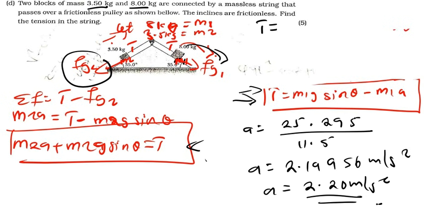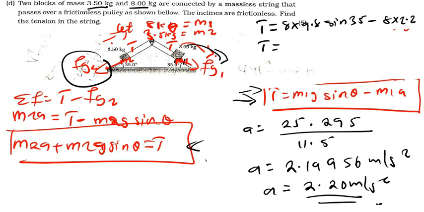Yeah, we have got 8. So it's 8 times g, which is 9.8, times sine 35, minus again 8 times acceleration 2.2. So what will be the tension force? Let's first do 9.8 times 8, that is 78.4. So this 78.4 times sine 35, that is